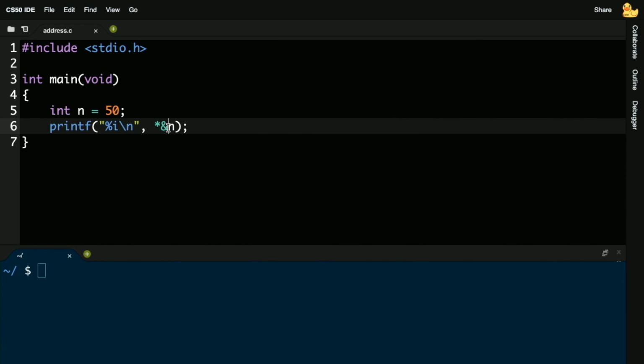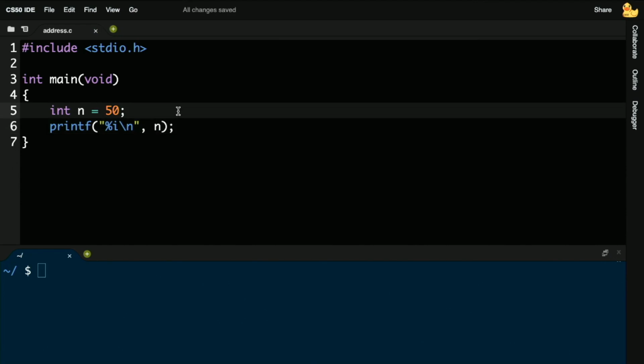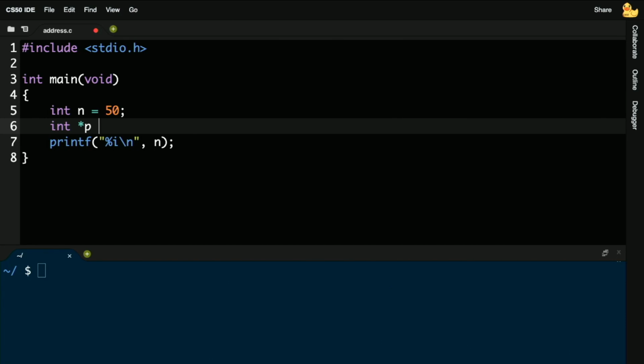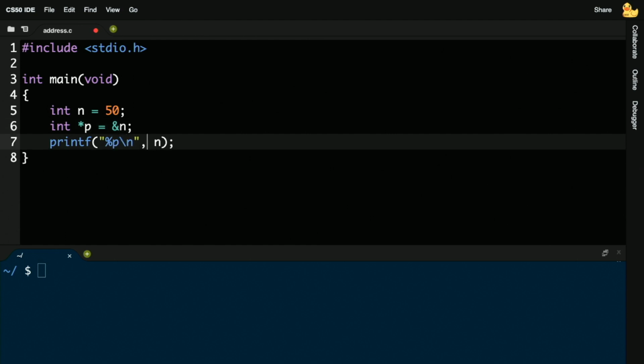So let's see this more concretely. Let me go back now to my program here, and let me introduce another variable here. Instead of immediately printing out something like n, let me go ahead and introduce a second variable that is of type int star. And this, I will admit, is probably the most confusing piece of C syntax that we'll see, just because, my God, star is now used for multiplication, for going to an address, and also now declaring a variable. This is arguably not the best design decision, but it was made decades ago. So this is what we have. But if I do int star p equals ampersand n, now what I can do down here is print out the address of n by temporarily storing it in a variable.